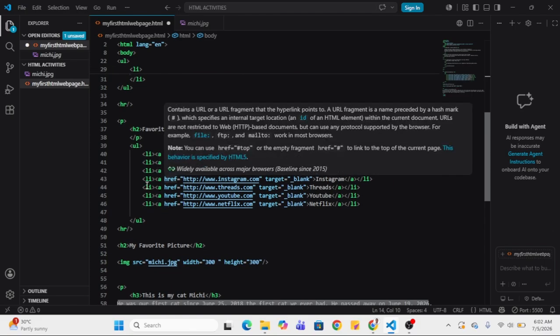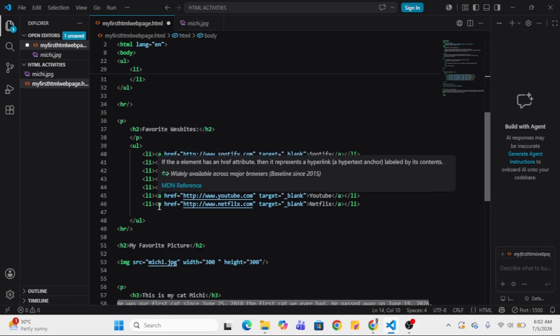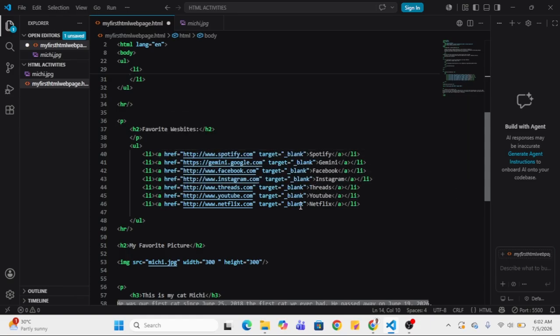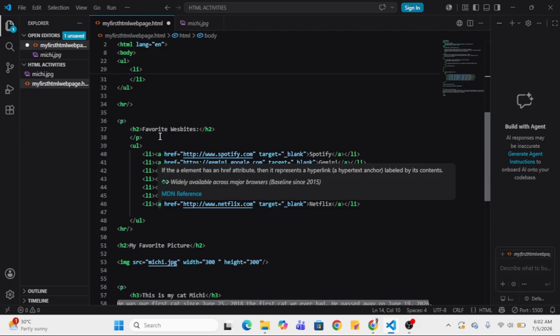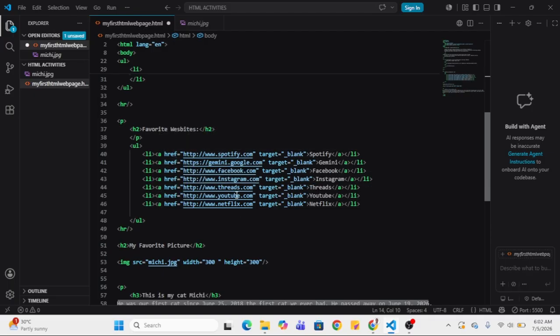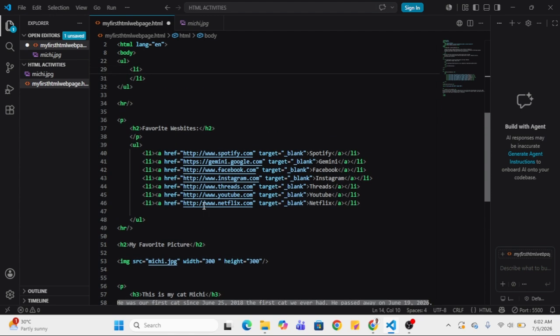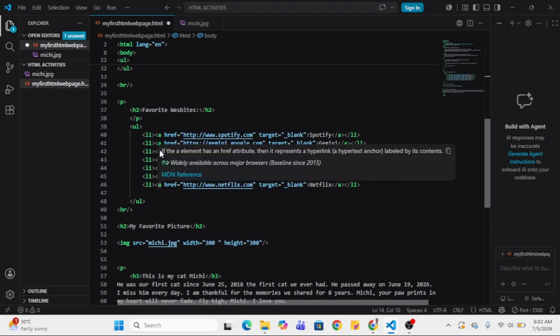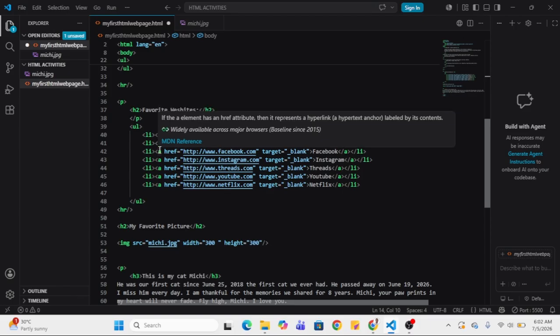If you don't know the tags, specifically this one, A is for links, and if you don't know what the A tag is, it will not automatically create a link. You need to research also what the tags are for links and for images.